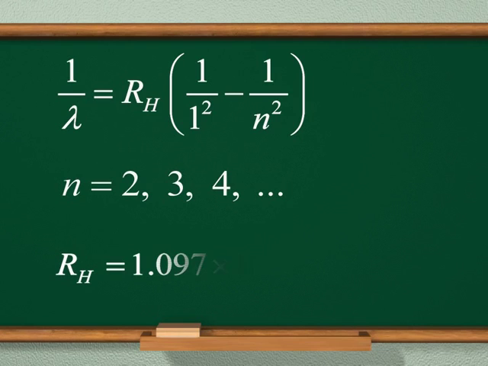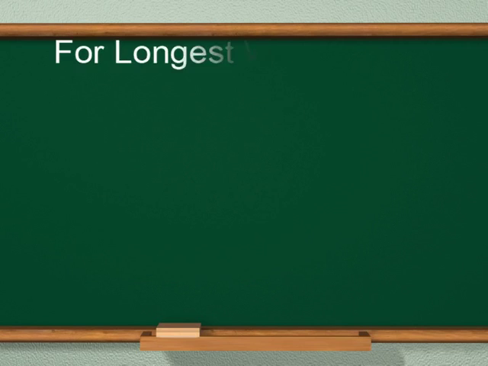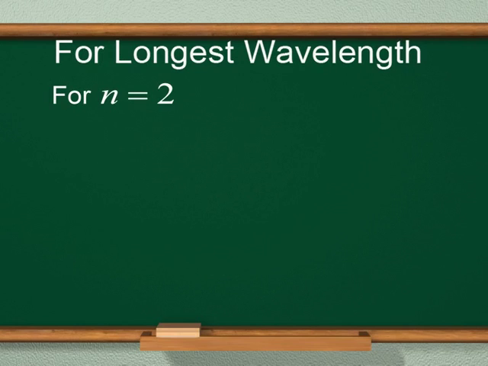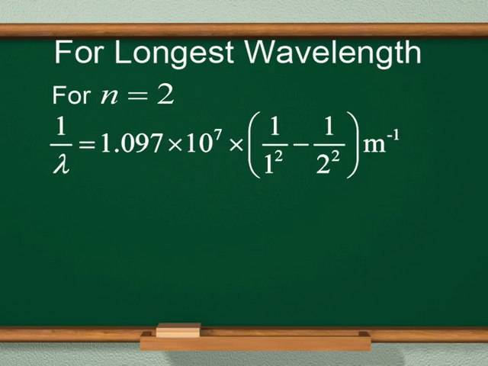And value of RH is equal to 1.097 into 10 to the power 7 per meter. For longest wavelength, n is 2 and 1 by lambda becomes equal to 1.097 into 10 to the power 7 into 1 by 1 square minus 1 by 2 square, that is